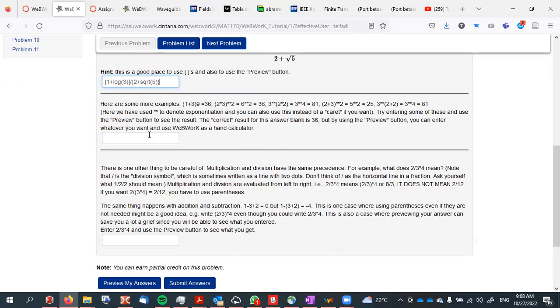Okay. Try entering some of these and use the preview button to see the results. And try any of these. Like try to write the first one or the second one, 2 multiplied by 3. And the exponent, as we say, we can write 2 hat 2 or double star works the same. Okay. The last thing,